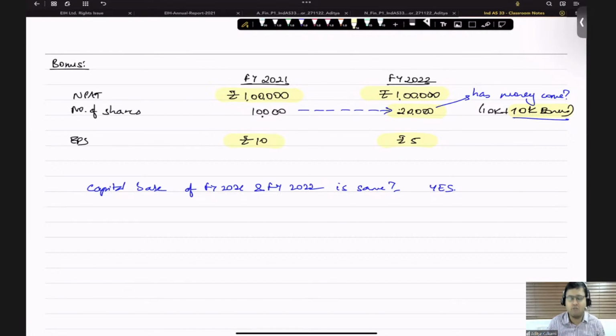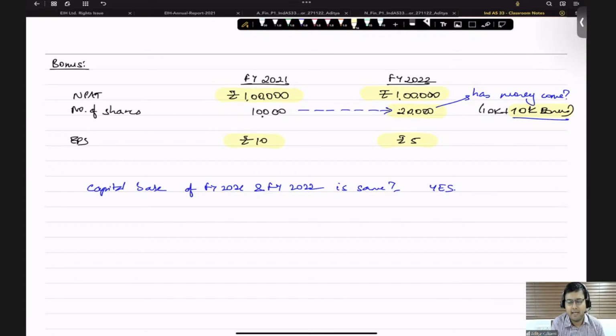Today, when I issue my bonus shares, what I'm doing is basically debiting the reserves and crediting the share capital. But sir, ये तो सिर्फ एक book entry है. This is just a book entry. There is no cash inflow or outflow which is happening. And therefore, when I do this book entry,